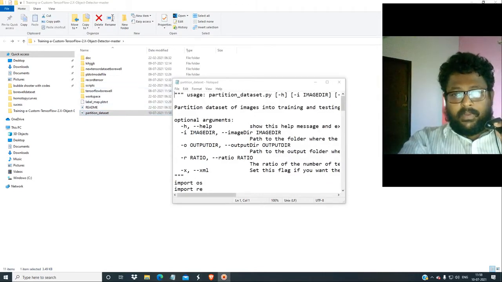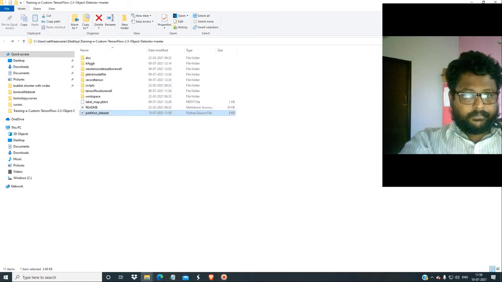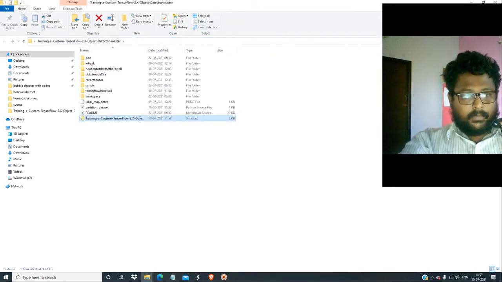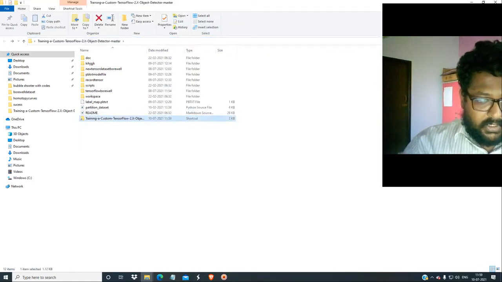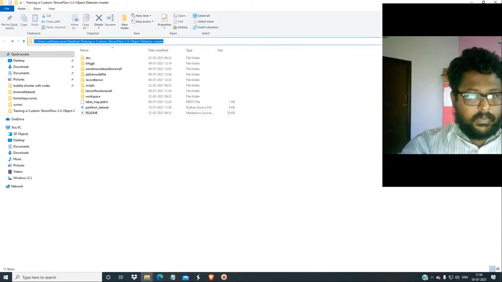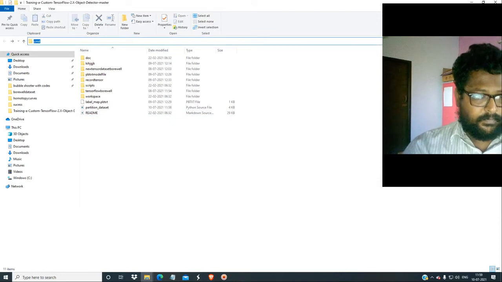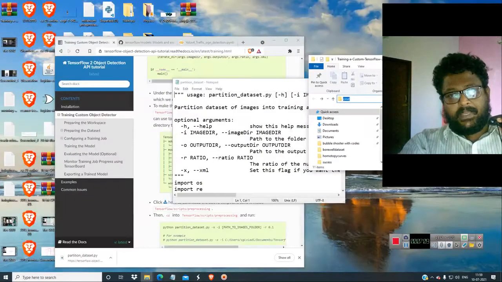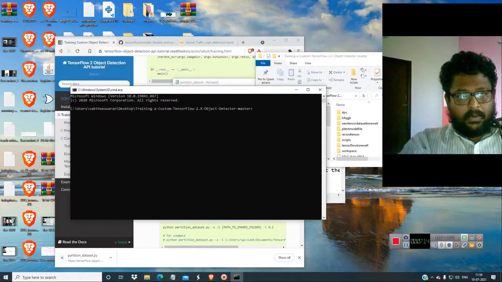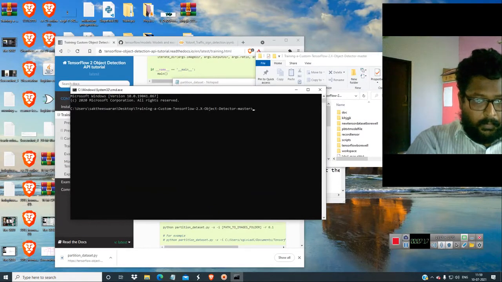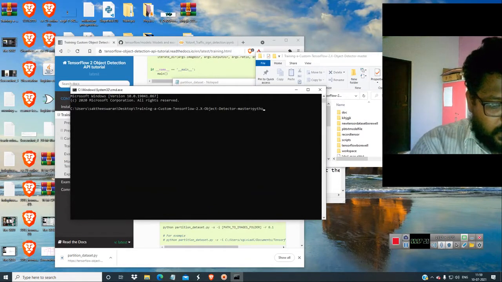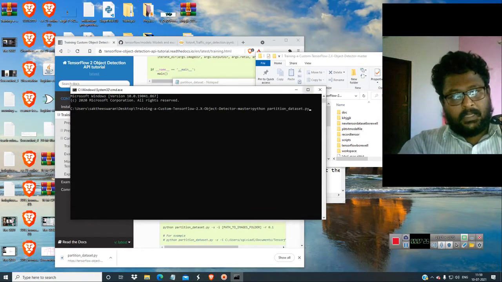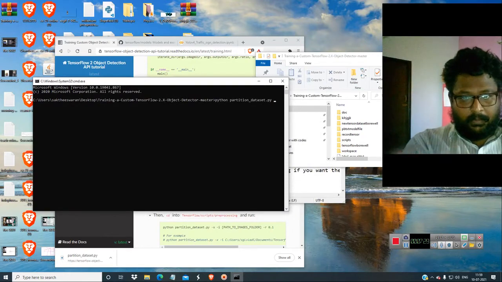Now what we have to do is get here to partition the data. Oh sorry, not this one. We have created a shortcut mistakenly. So now you have to type CMD, and it will appear. After that, type Python. If it asks for modules, please install them. Just type P and press tab, and it will be visible now.